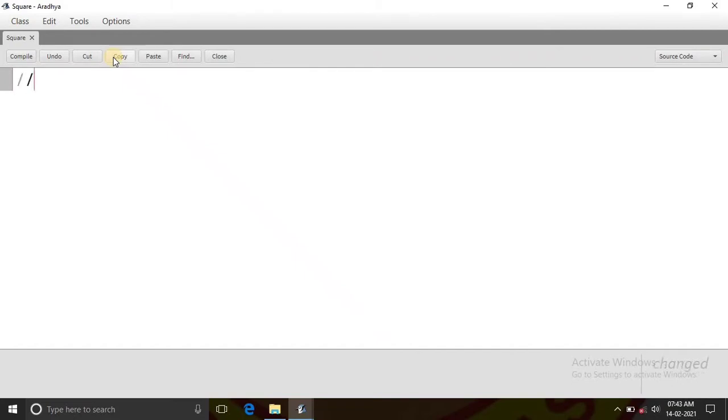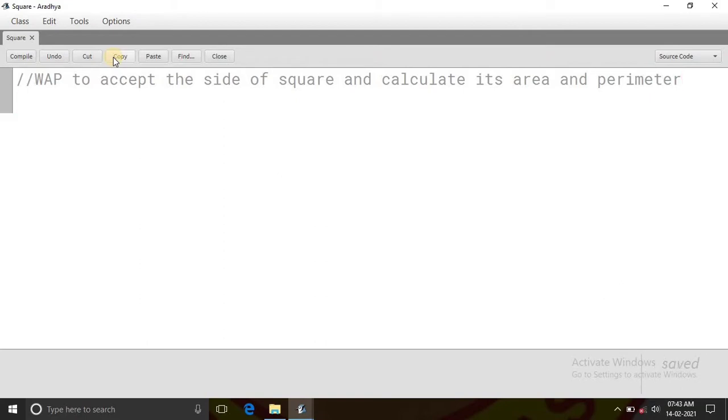I will give a comment also so that you can understand what the question of the program is. I am writing the whole question of the program. Write a program to accept the side of square and calculate its area and perimeter. First we will provide an import statement, import